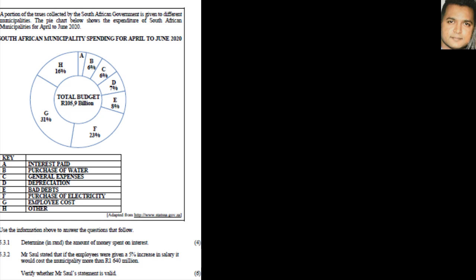So where do we find the interest portion here? If you look at interest paid on this part here, you'll see it is A. Let's look at the pie chart and you'll see A is here, but A doesn't have an amount. In order for us to get the amount, remember all these are percentages, so we need to take 100% and keep subtracting all the percentages. Once we subtract, we arrive at the